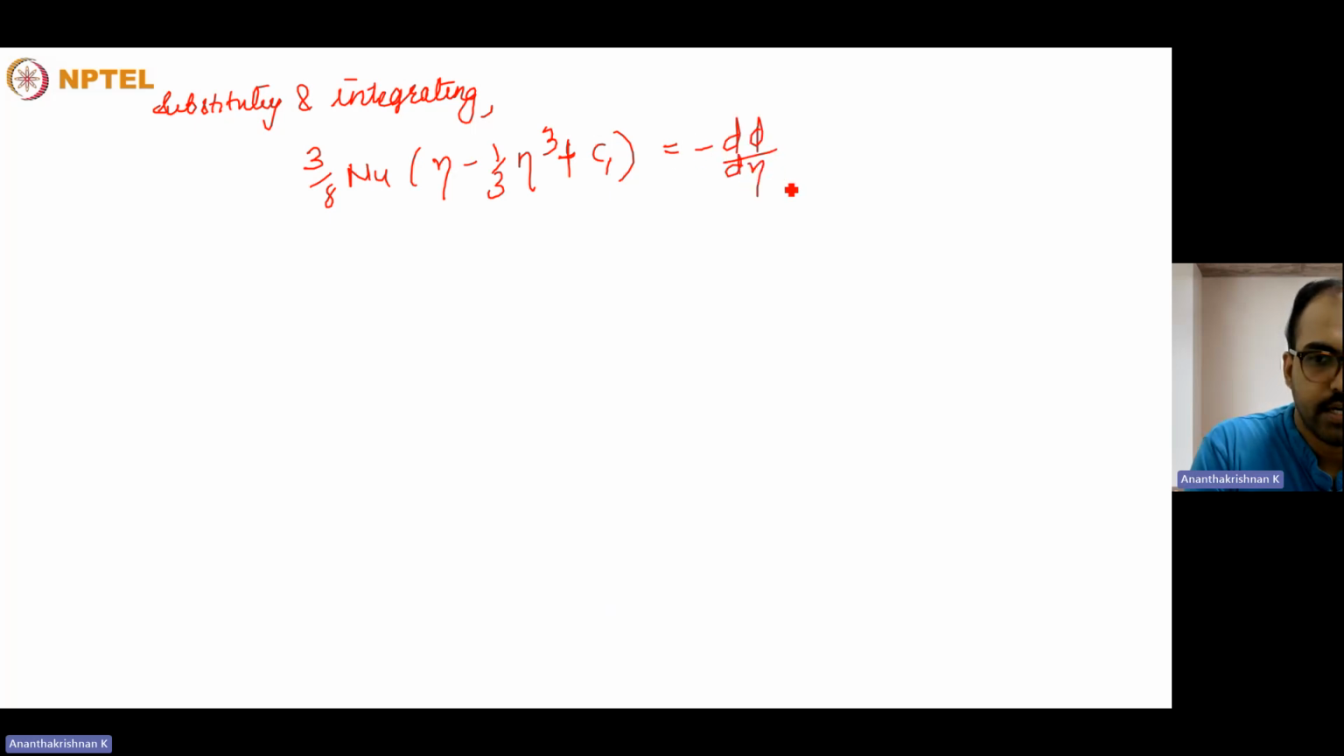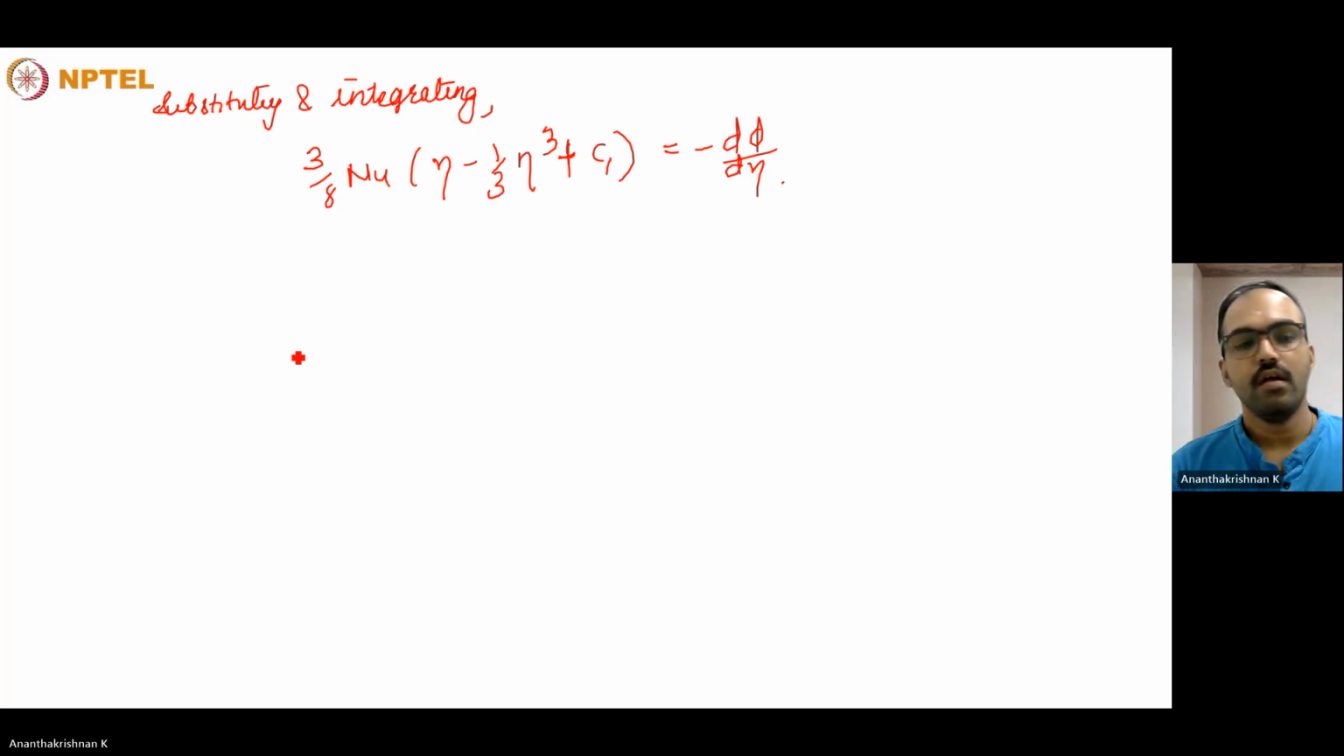Substituting and integrating, we can write it in terms of Nusselt number, eta, and a constant C1 equal to minus d phi divided by d eta. So you require one more boundary condition. You require a boundary condition to get the value of C1. So what we could write is that